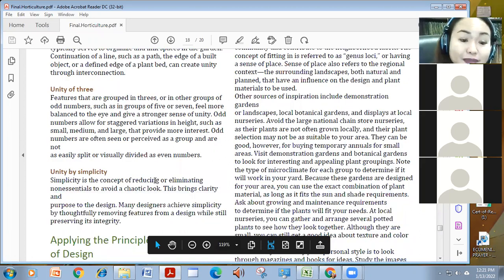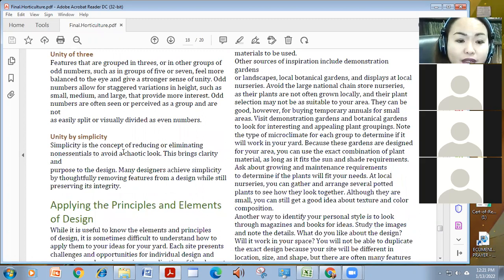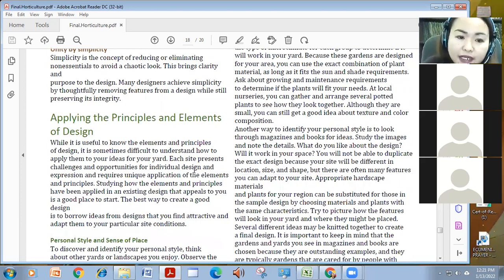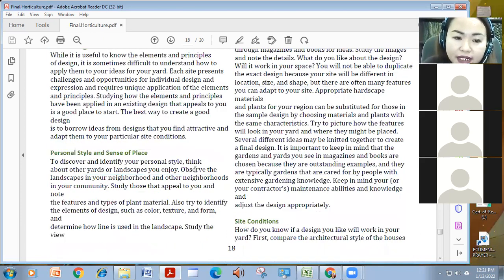And unity by simplicity. The concept of reducing, eliminating non-essential things or elements that only make the look chaotic, no? If it is too much, too colorful, then it is no longer unified. So, applying the principles and elements of design in our personal style and sense of place,